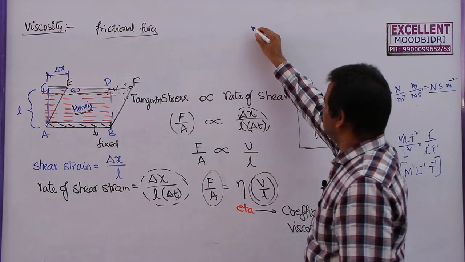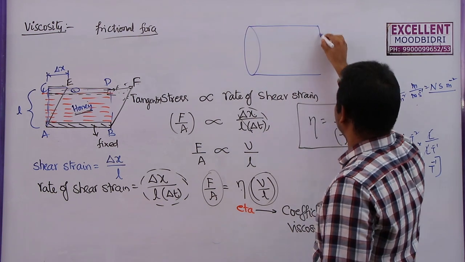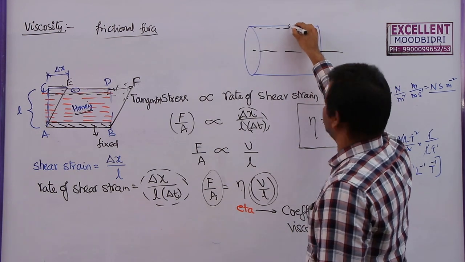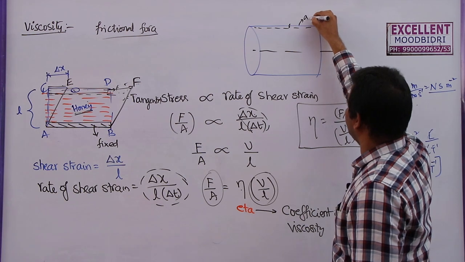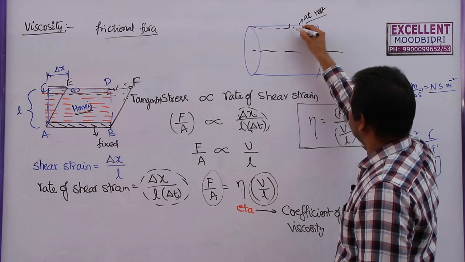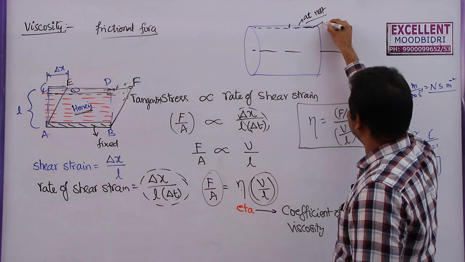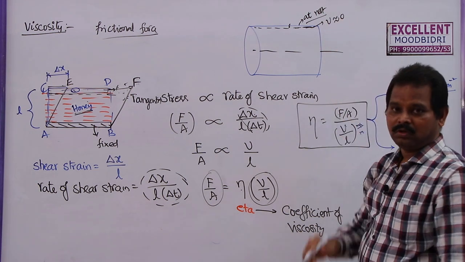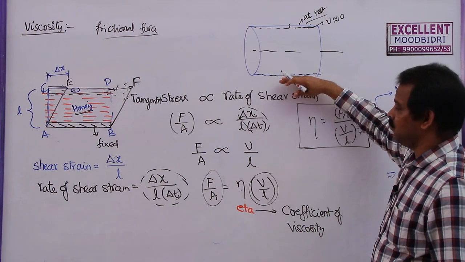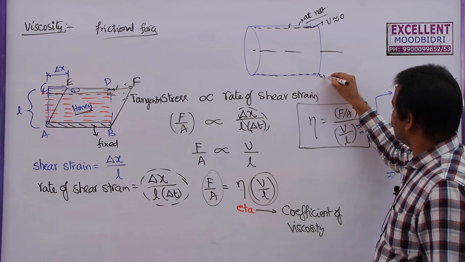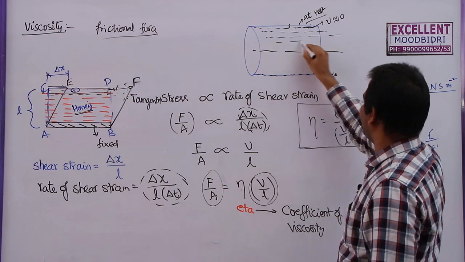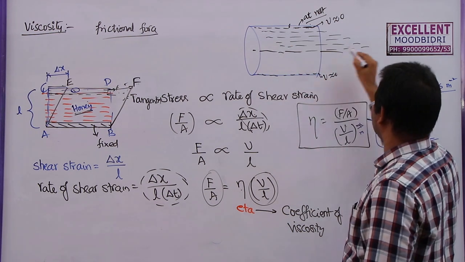Now if you take a pipe in which a liquid is flowing, generally the liquid which is in contact with the solid surface will have the same velocity as the solid. Here the solid is at rest, the surface of the pipe is at rest, so the velocity of the liquid there is nearly equal to 0. It will try to stick to the solid. Similarly, the layer in contact with the pipe is generally at rest, with negligible velocity. That's why the liquid in the middle will have more velocity compared to the other liquid layers.